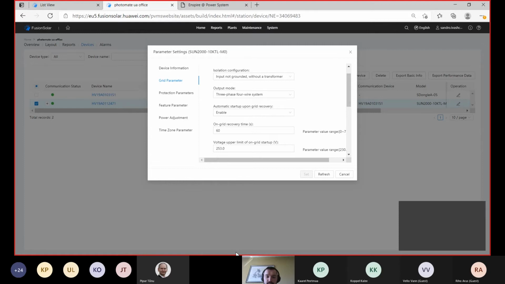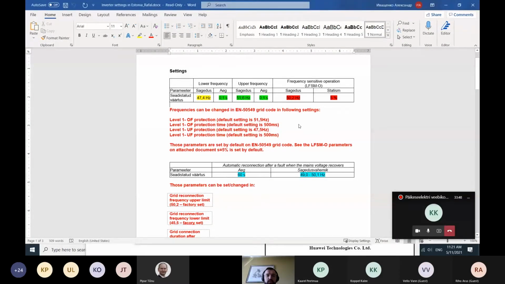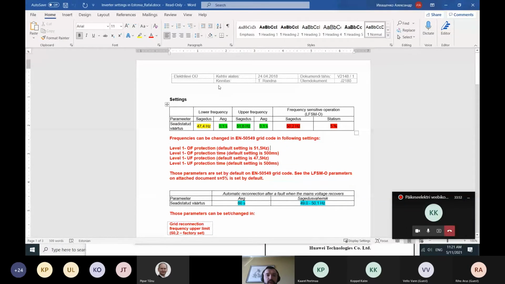I think Kalev will share it with you. And do you see my screen? Sorry, no, you don't see. One second. I will share another screen. Okay, now you should see. This one is the requirement that Kalev sent me so far, and we will go step by step through how to set these values. So the main differences are in